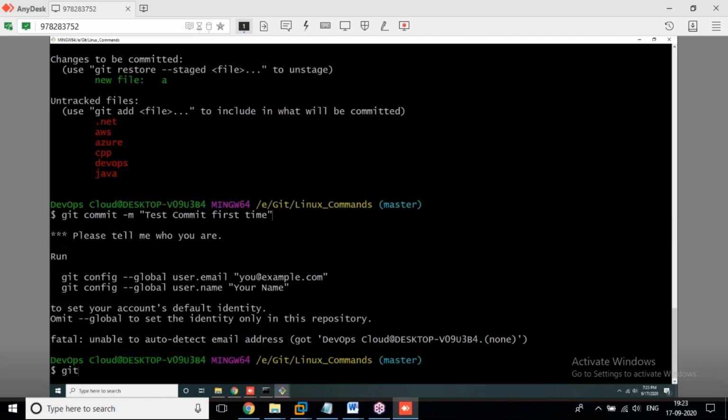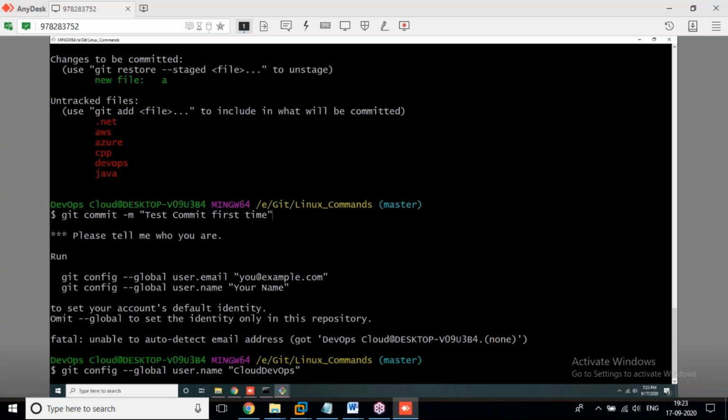Now what we are doing is git config --global user.name "cloud DevOps". This is the process we should maintain within the double quotes.